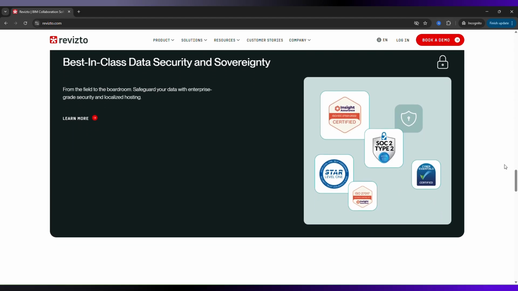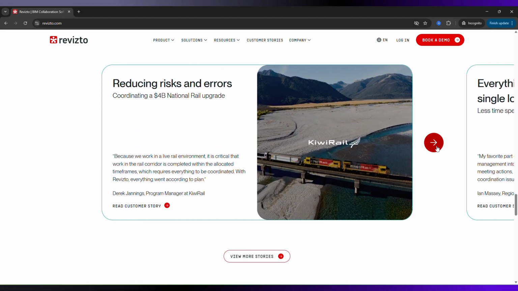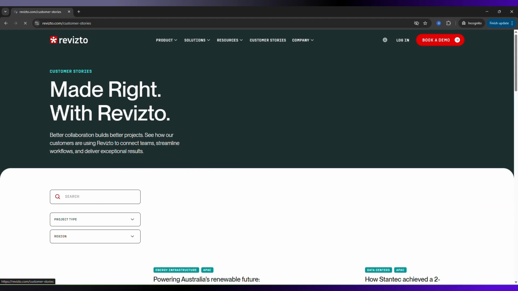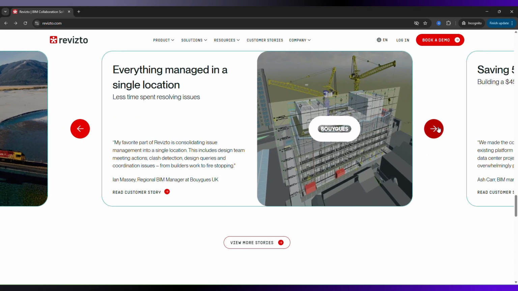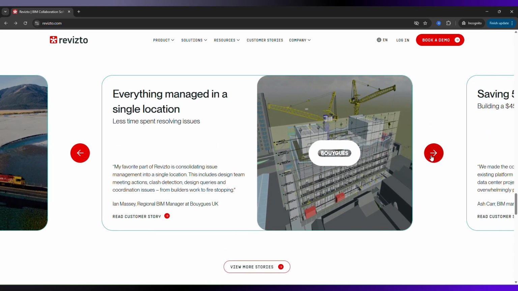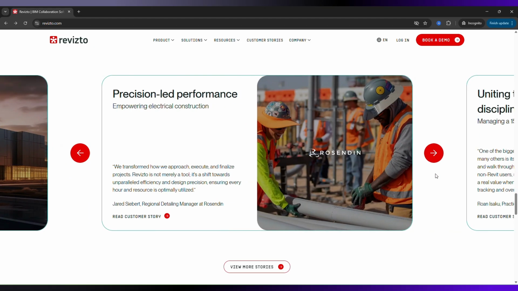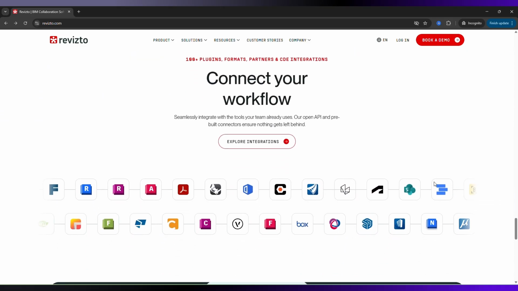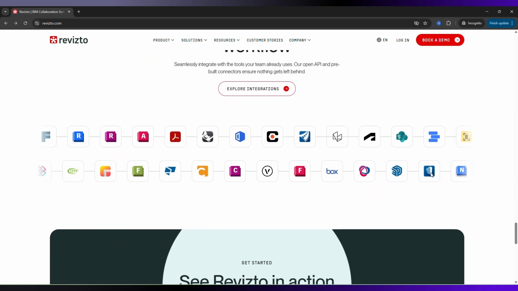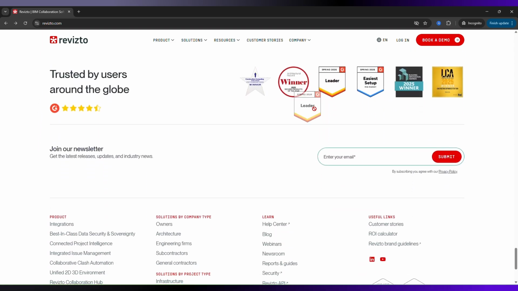That said, there are limitations. First, not a full planning tool. Revizto lacks strong features for scheduling, budgeting, and resource planning, so it usually needs to be paired with tools like Procore or Primavera. Second, learning curve and setup. While basic use is easy, advanced features like clash detection and data filtering require setup and experience. From real user discussions, great for coordination, but not the right tool for everything.